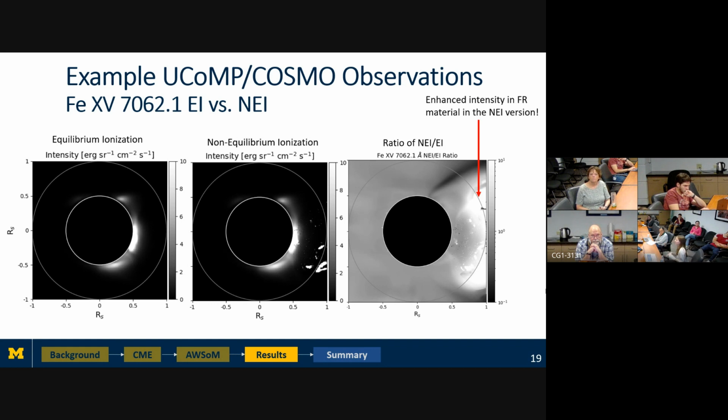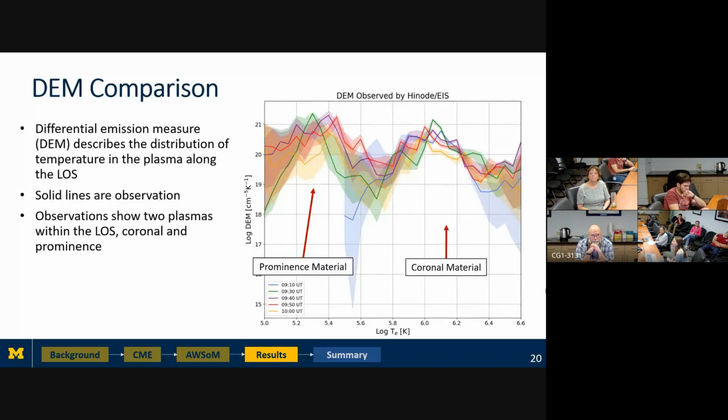So moving from these images or these specific lines, we can start looking at spectral diagnostics. So I began with the differential emission measure, which describes the distribution of temperature in our plasma along the line of sight. That's how I like thinking about it. And here's just the observation. I want to show this first. So we have temperature on the x-axis and DEM on the y-axis. And the solid lines are our DEM values. And this blue line is our pre-event corona. And then each of the colored lines is one time of